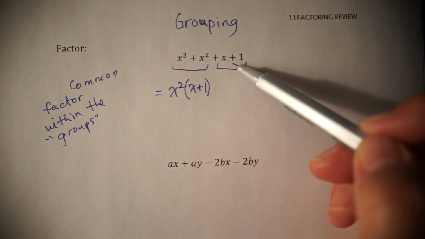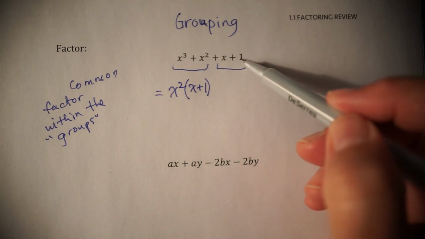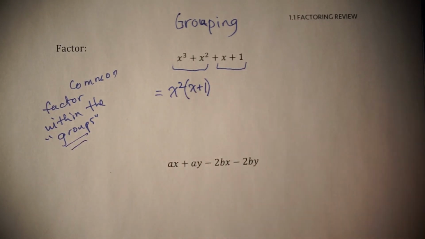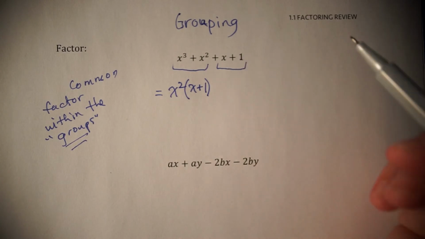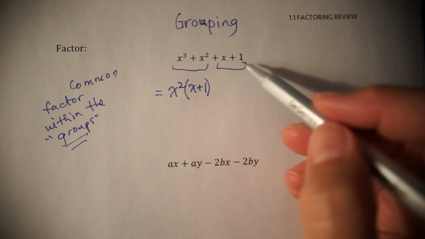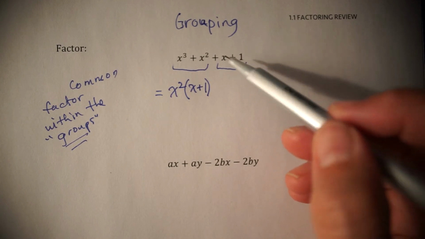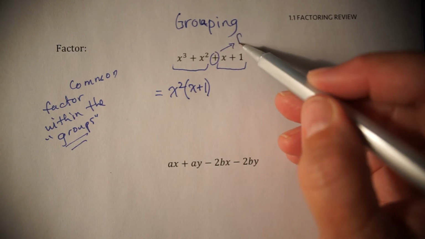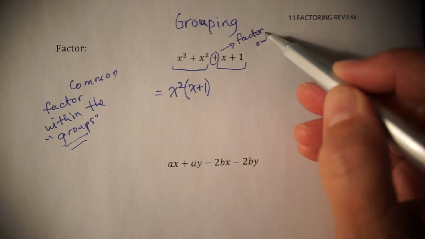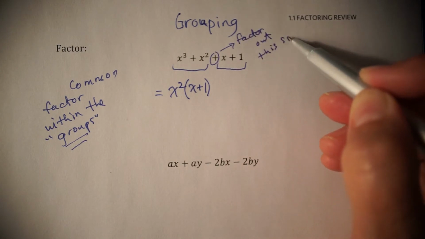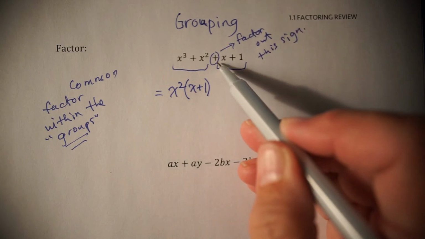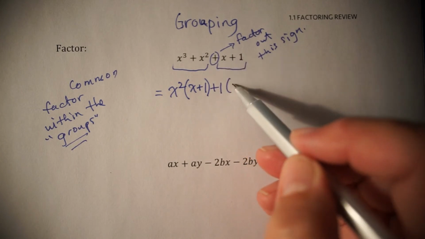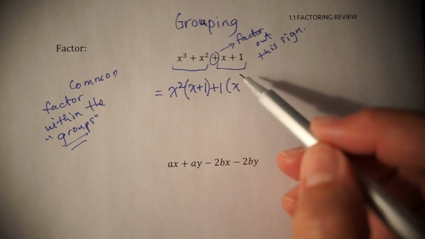And then I go to the second group. Now in the second group, you'll say, well, there's nothing in common. Well, for the grouping method to work, you have to do both groups. So if there's nothing in common, we're going to factor out a 1, because one will always divide. It really doesn't change anything, but we have to take it out. So we're going to take out a 1, and we always have to factor out this sign. So if this had been a minus here, we would have to take out a -1, but here it's a plus, so it's a plus 1. When we divide x by plus 1, we get x, and we divide plus 1 by plus 1, we get